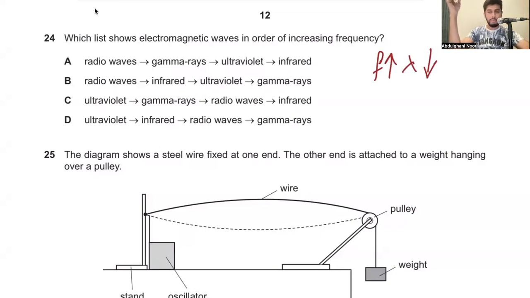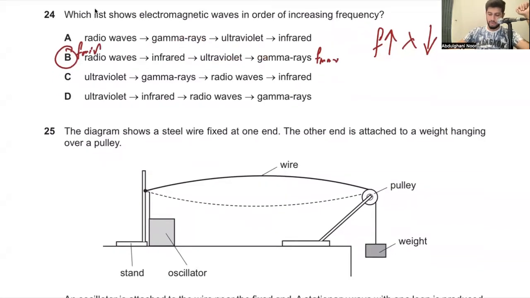For this, you need to remember the electromagnetic spectrum in the correct order. The answer is radio waves having the largest wavelength, the longest wavelength, and then you move on to infrared having shorter wavelength, and the shortest wavelength of them all is gamma rays. Gamma rays have the highest frequency. So this is maximum frequency, and this here is the minimum frequency, with these two coming in between in this particular order.